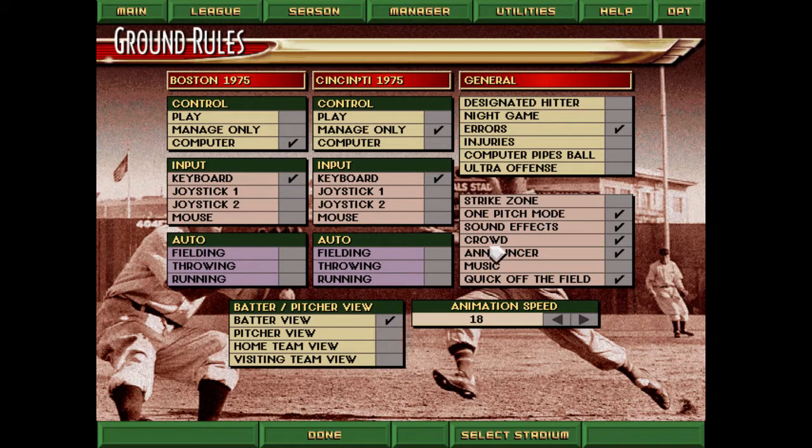Again, we have our sound effects, crowd, announcer. We're not going to have the music. We will do quick off the field. We can watch the little dudes run off the field, but I'm not going to do that. Since we're managing, we're not going to mess with this because this can also be played as an arcade game. We're going to go from batter view. Normally, if we're watching this on television, we would see pitcher view, but we're going to go from batter view. I like that because the switch from pitcher view as it's hit to the field always felt a little weird to me. I want to make sure that we have Cincinnati's ballpark selected,